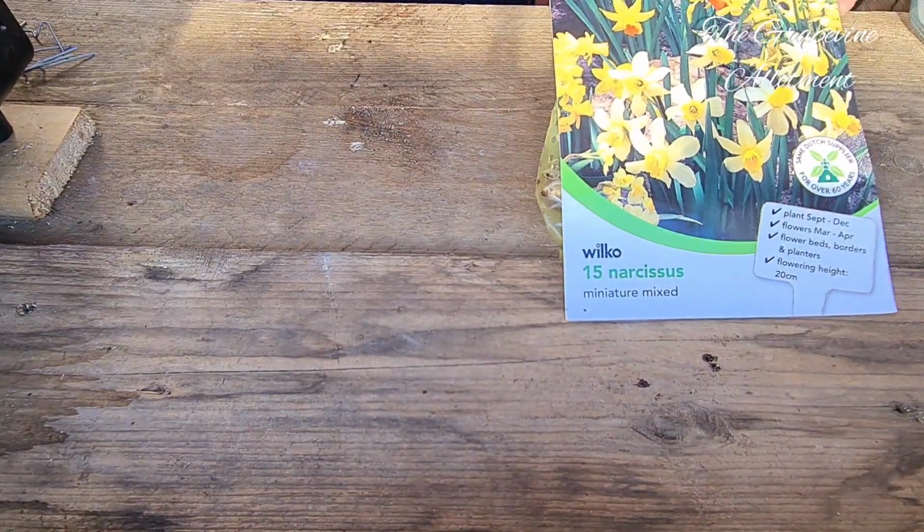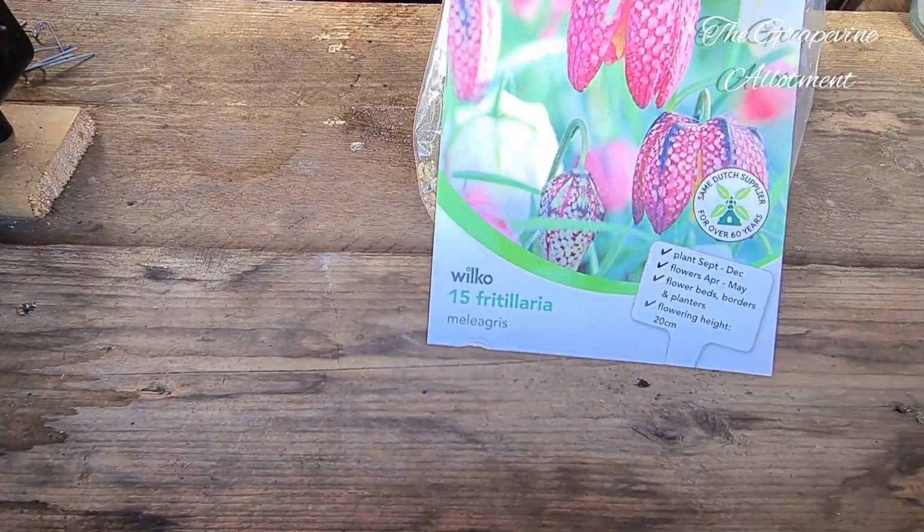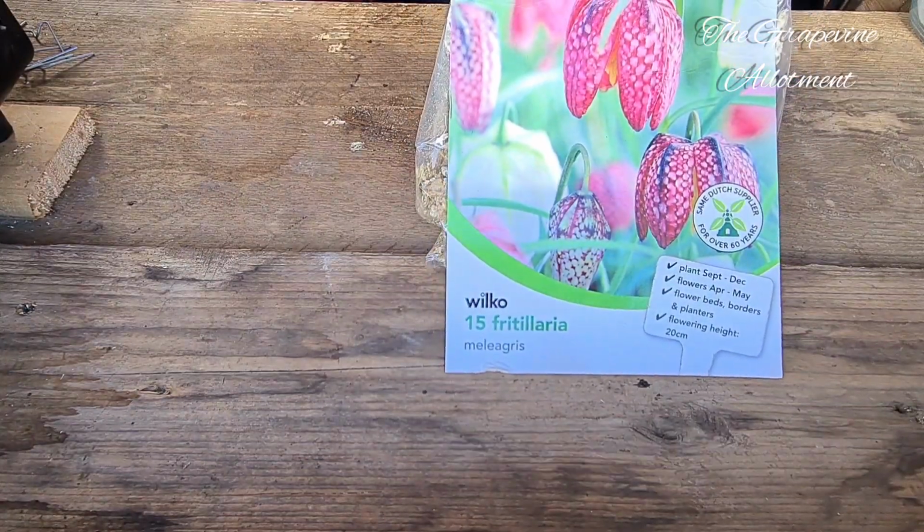So these are the flowers that I've got. I popped some daffodils and tulips and crocuses in last month, so I thought if I just spread them out a little bit more, I'll get a bit of a successional sowing. So we've got some narcissus. These are the miniature ones, so I'm going to put these in some pots. And then on top of that, we've got some fritillaries, so I got 15 of those. I absolutely love these. They look like little bells. They were only £2 as well. And then this one,